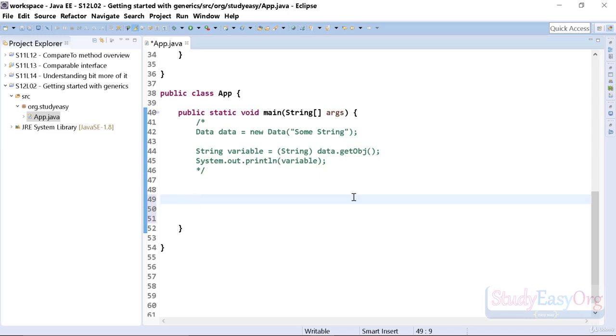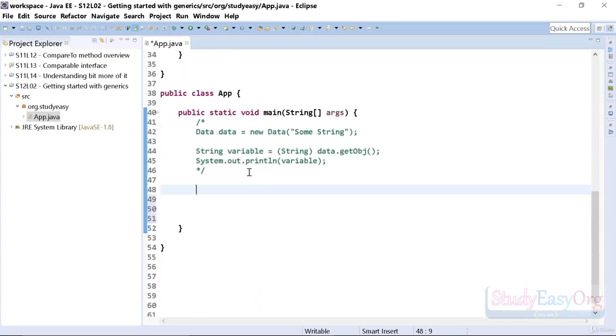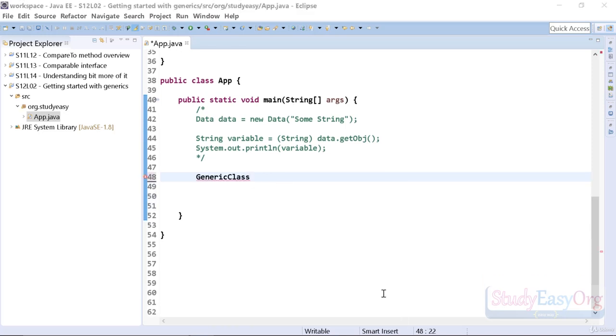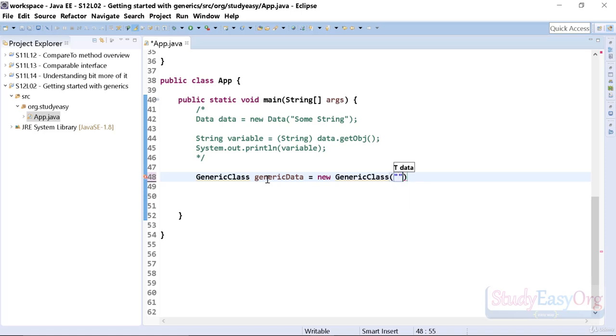That could be a variable of a string type, integer type, character type, double type, float type, or even a custom object. There won't be any issue. Now the same is the case with generic class. So in here I will type in generic class, then I will type in generic data maybe equals new generic class,